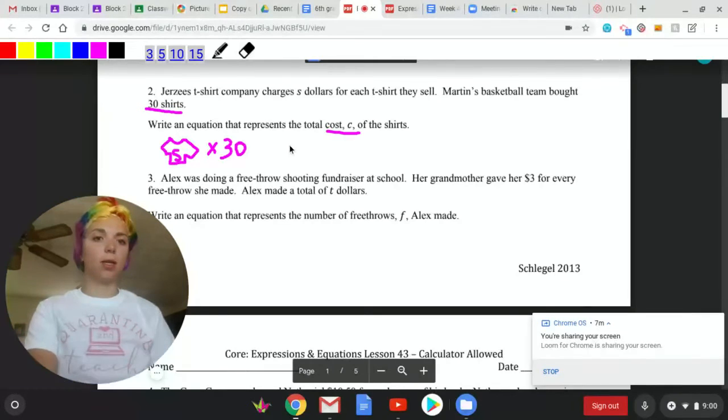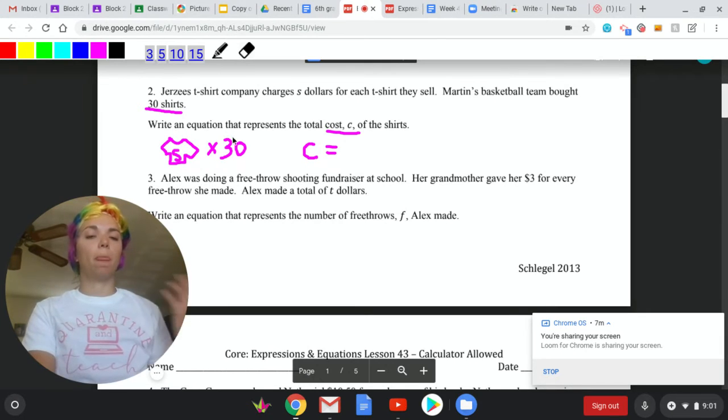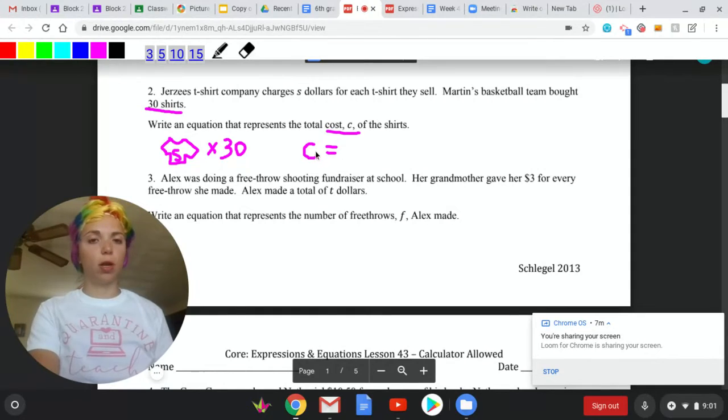So whenever you look at this bottom part here, this bottom sentence, that's telling you what should be on the one side of your equation by itself. So C equals. It's telling you to write it in terms of the total cost. So it's telling you what should be on one side of your equation. So cost equals, and we already kind of solved it here in this little drawing. So S times 30, or we can write it as